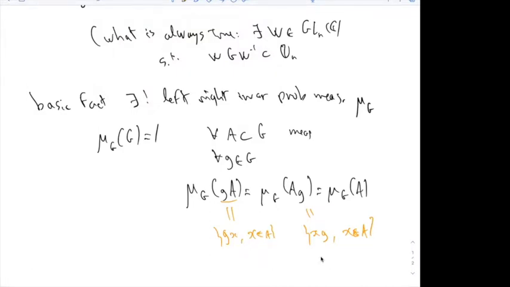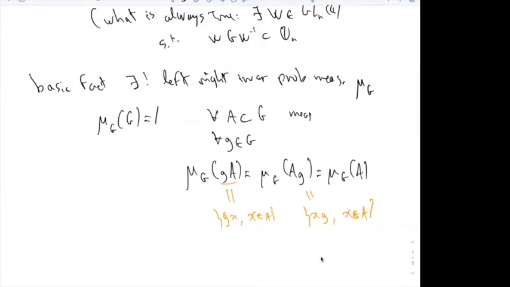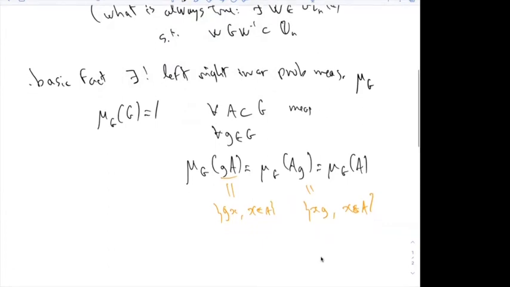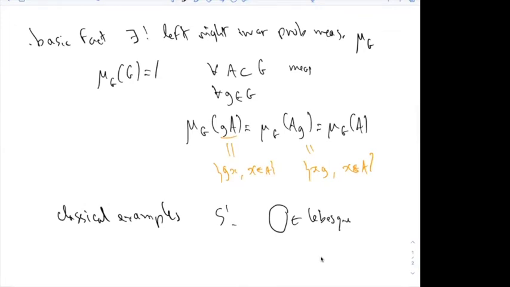So if I rotate around, then this is what we have. So maybe some classical examples first, which are actually simple to compute. Of course, I could take S1, and then I would have the Lebesgue measure here, which is of course a unitary group, if I want, but anyway.